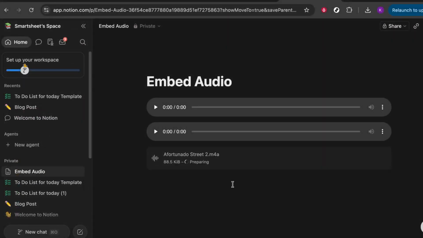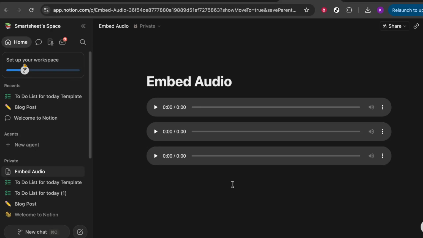If you have a dedicated folder for your audio resources, this will be an easy process. You can upload various audio formats supported by Notion to ensure that your file type is compatible. Notion generally accepts formats commonly used like MP3, WAV, and more, making it flexible with